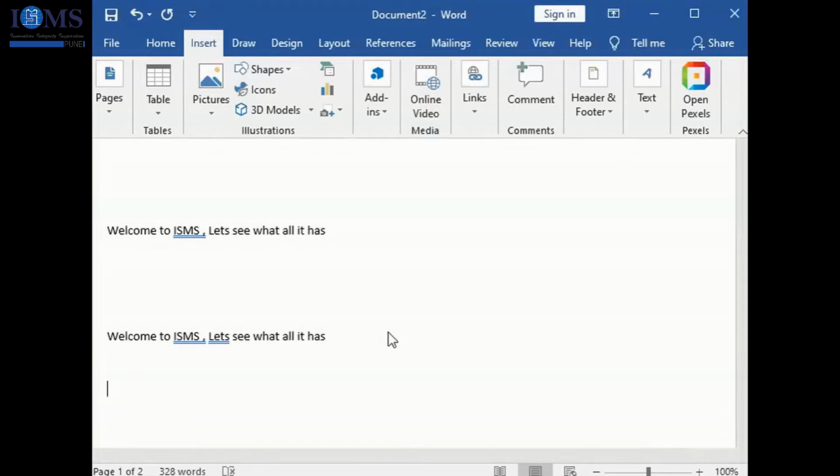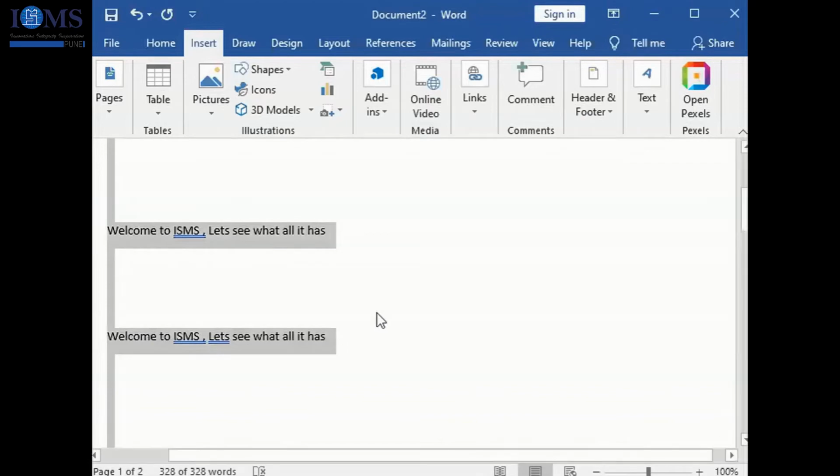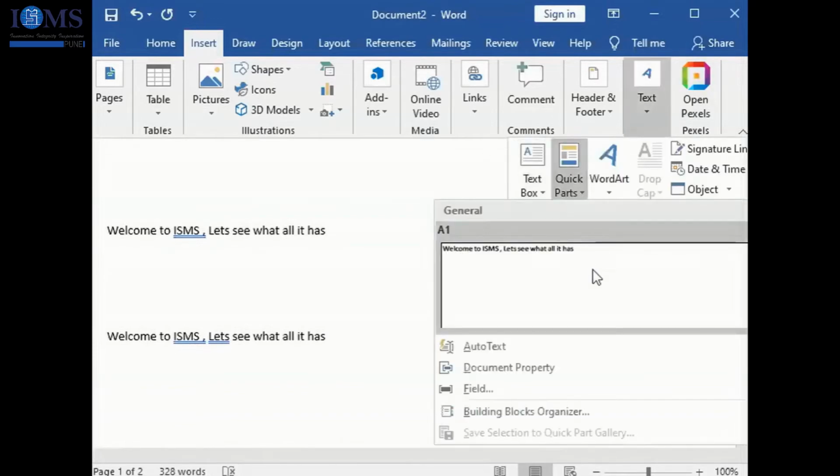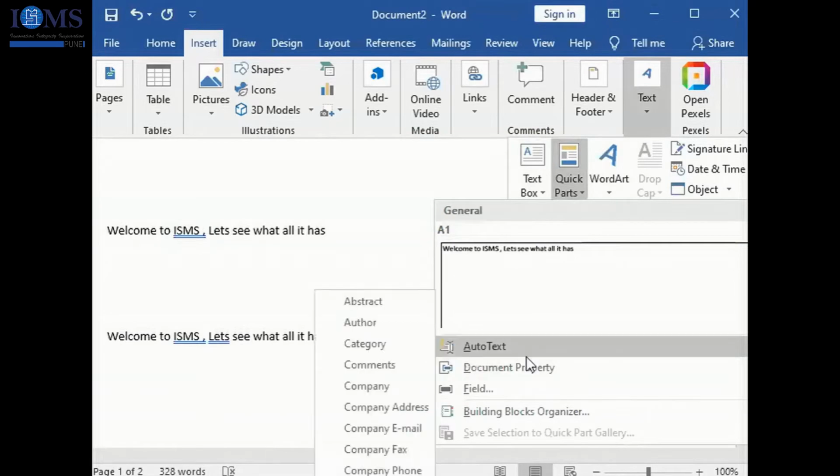I just wanted to see after A1 whether it has come. No, you have to go there only. One minute. No, you can go there and just go to the auto text, whichever auto text is given, you can have it.